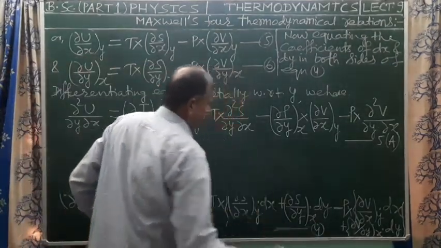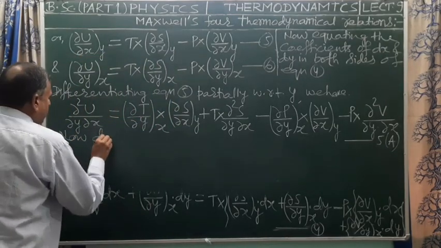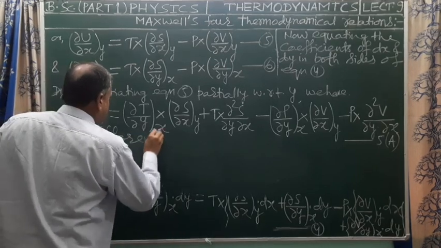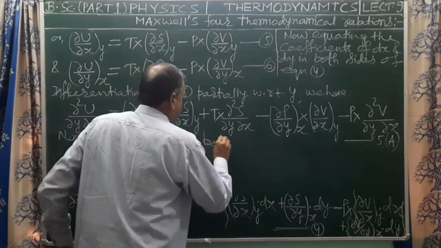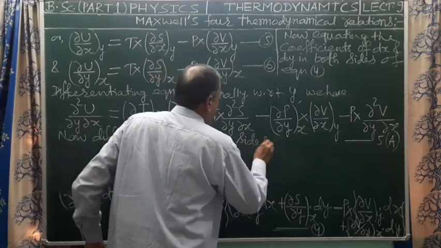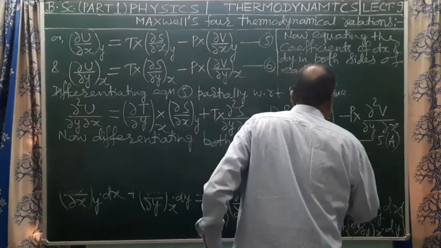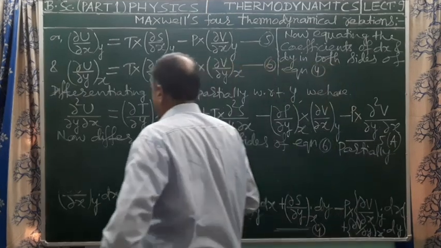So write down, now differentiating both sides of equation 6 partially with respect